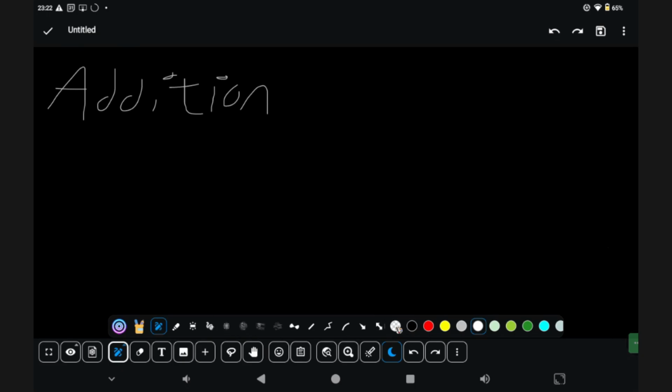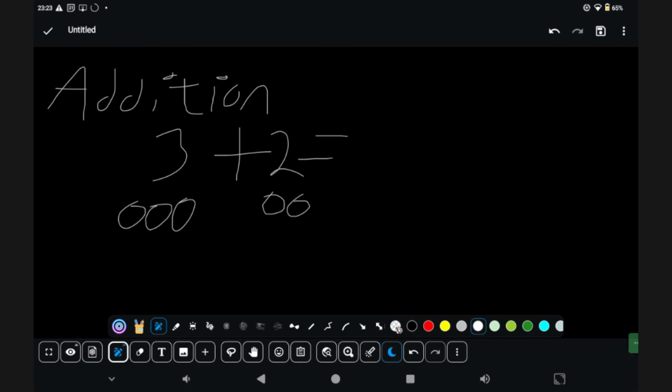So to begin with, we will write down the symbol to identify it: a plus sign between two numbers. So we'll start with 3 plus 2 equals something. For 3, we will visually represent it with 3 circles, 1, 2, and 3. And then we are adding it with 2 circles, 1, 2. So then we think of it like 2 different boxes, and we want to make it into one box, into